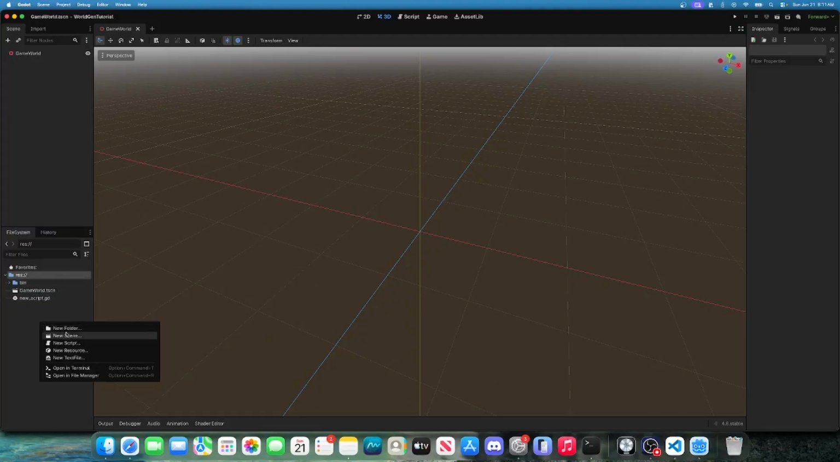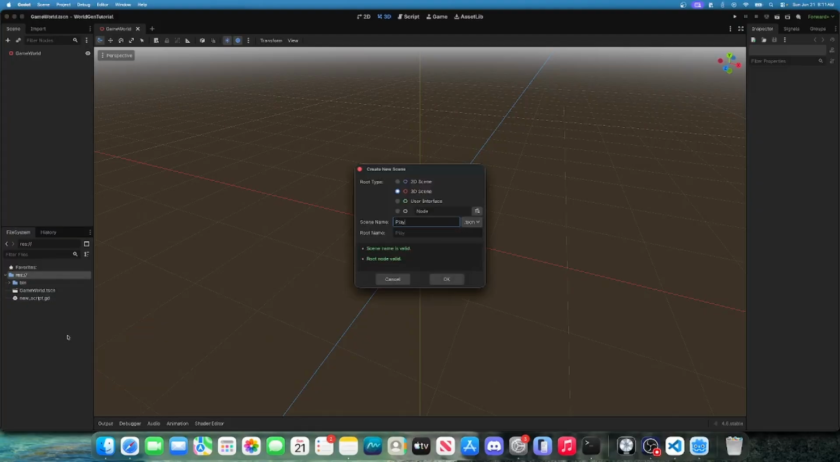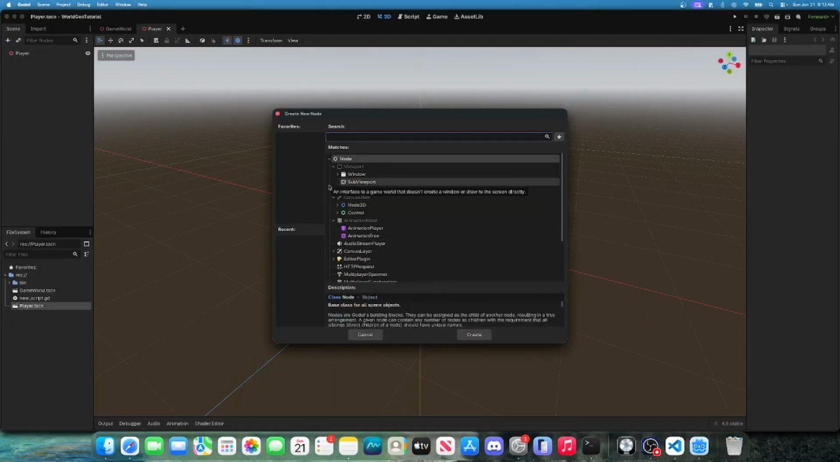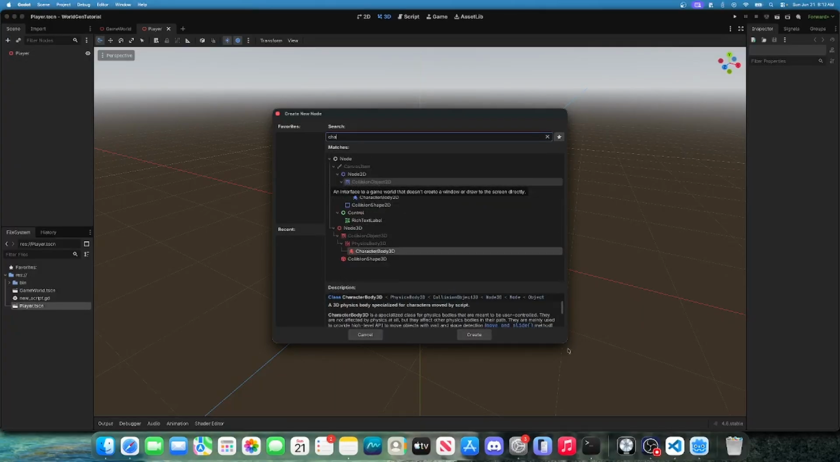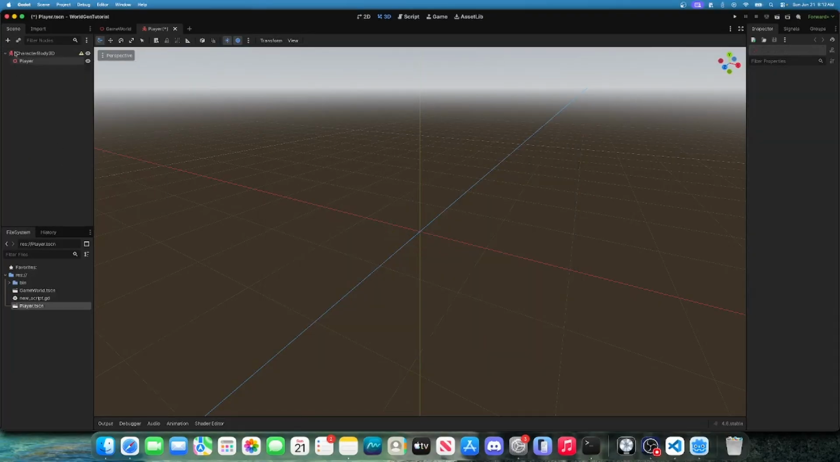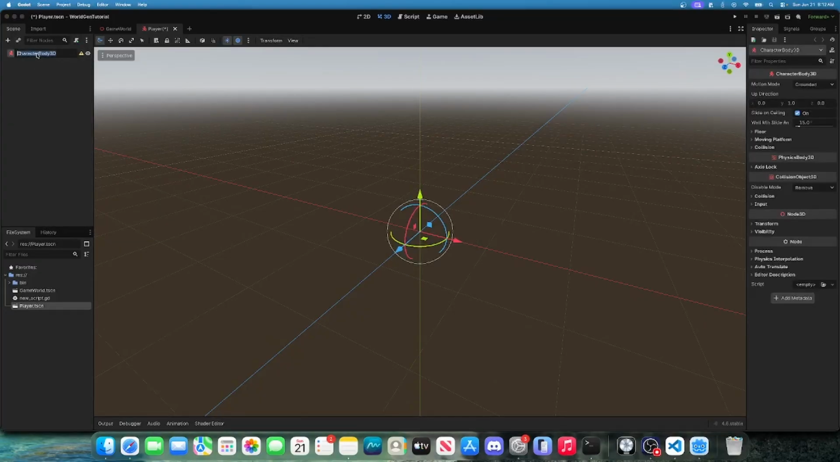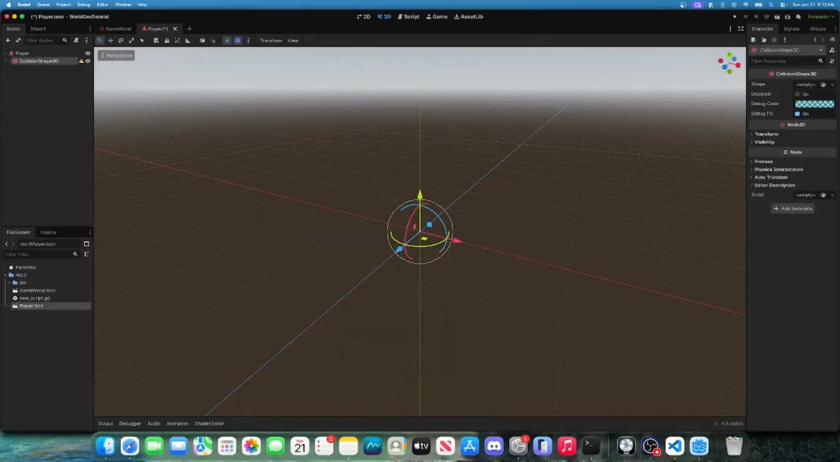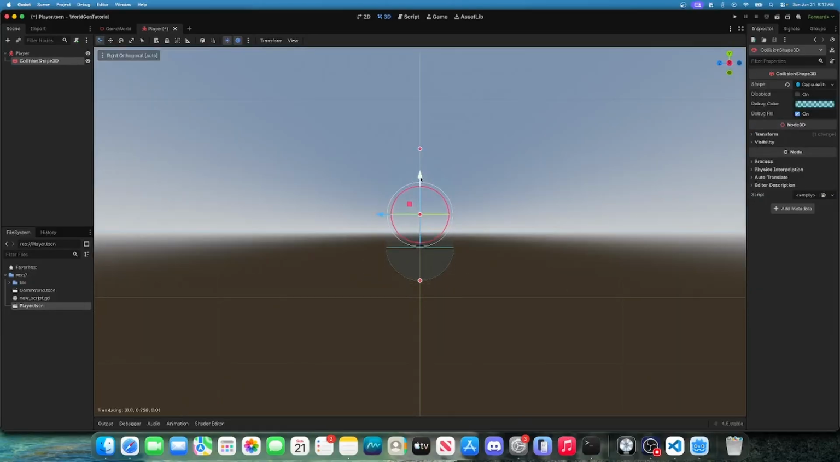Okay, and now I'm just going to make a player scene. And for the player scene, we're just going to make a character body. Make it the scene root. Rename it to player. I'm just going to add a collision shape 3D. Make it a capsule shape. Bring it above the